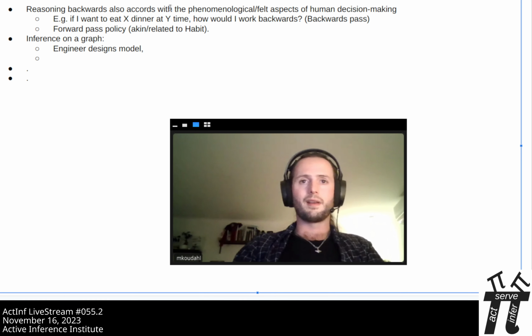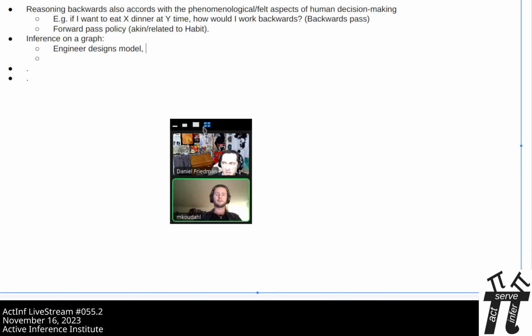Yeah, about the policy selection here. The forward pass policy is basically habit coming forward, because in the absence of any aspiration or preference, there are various ways you can select policy. You could select maximum information gain, you could select different things, but the prior on policy, the E vector, is habit.